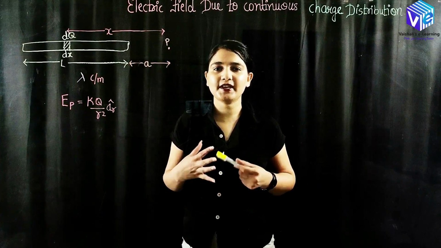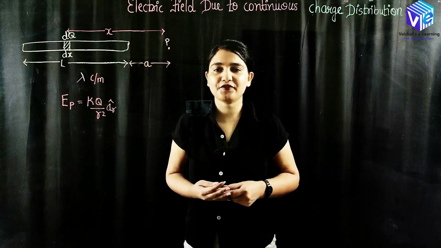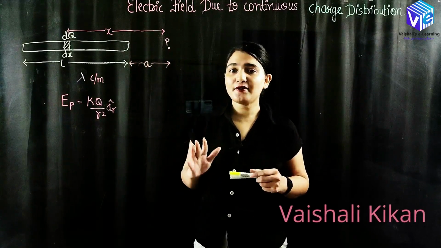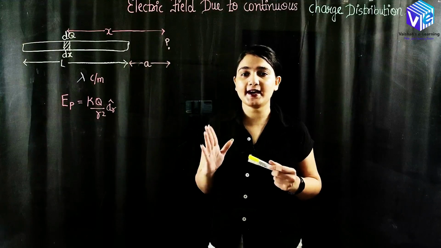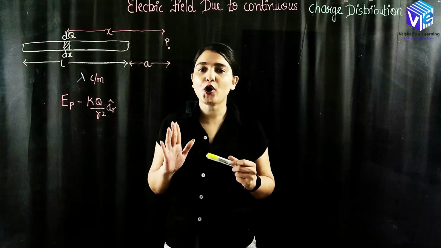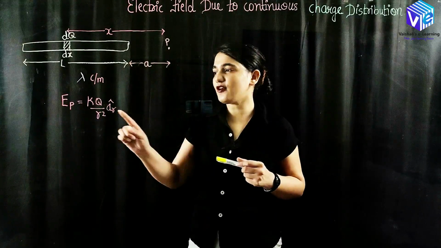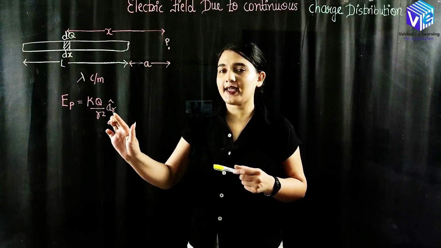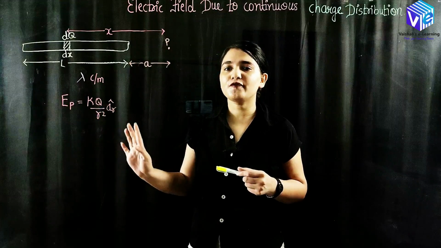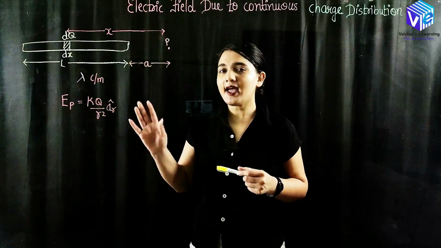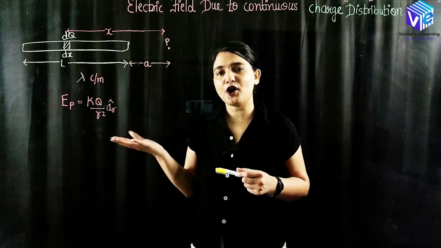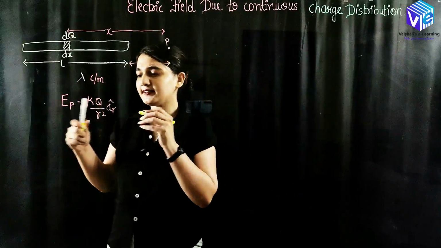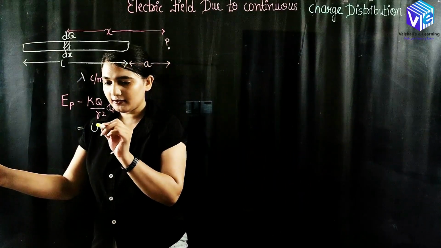In this session, we are going to talk about the electric field for the continuous charge distribution. We have already seen how we can find out the electric field for a point charge. I hope you remember the formula. The formula was kq upon r square r cap, where k is 1 upon 4 pi epsilon, and epsilon is epsilon naught into epsilon r. So we know this formula. I will be writing this formula in big detail.